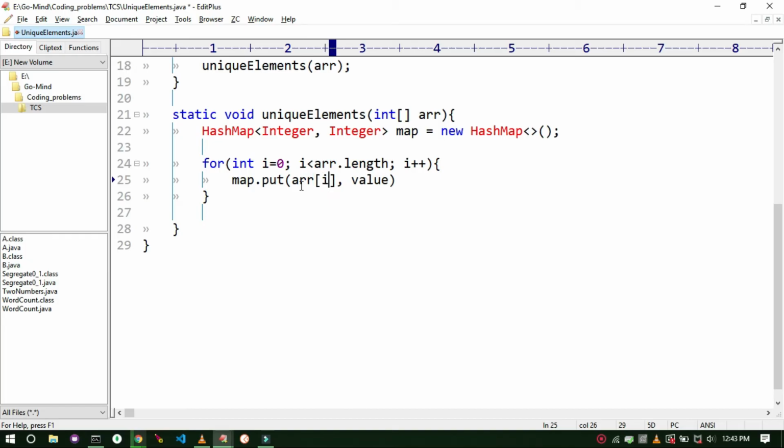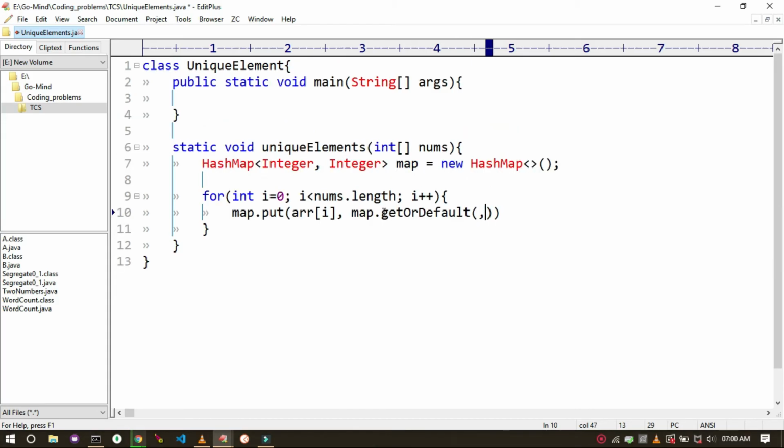Okay, so how do we store the count of each element in the hash map? There's a method in the hash map class which allows us to do so. We will get the count of that element by using the method get or default. We have to pass two arguments in here. So the first argument is the key itself and the second argument is the default value of that key.